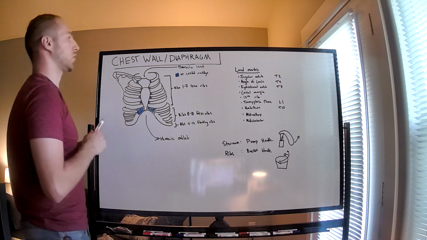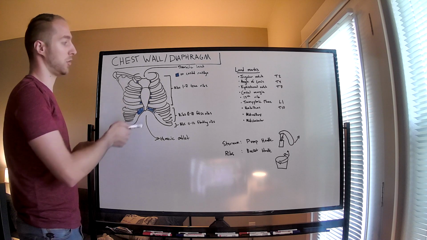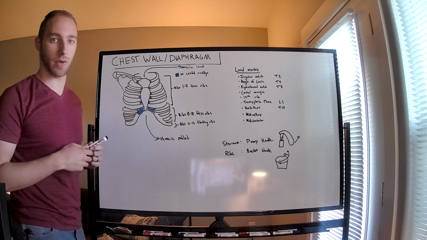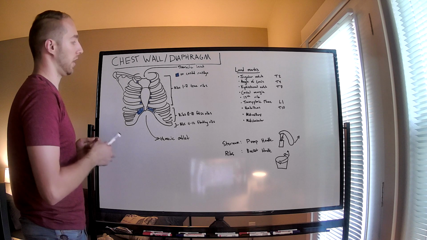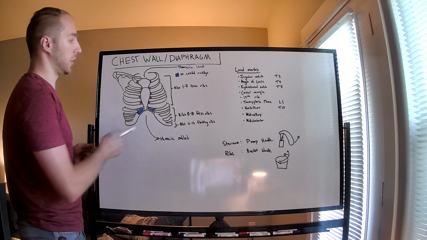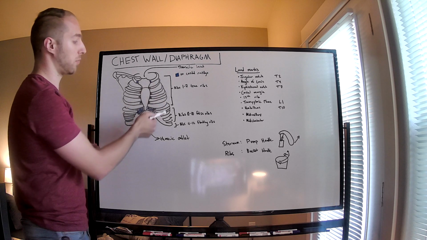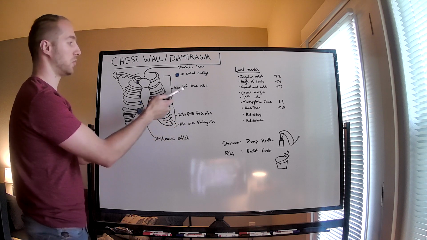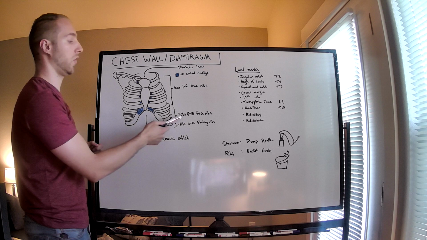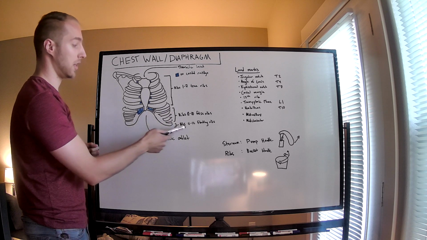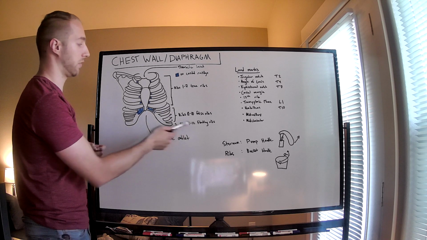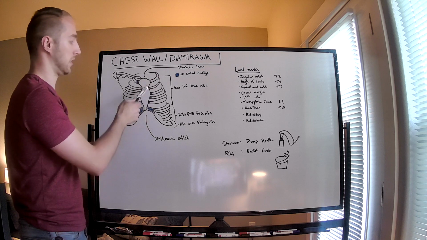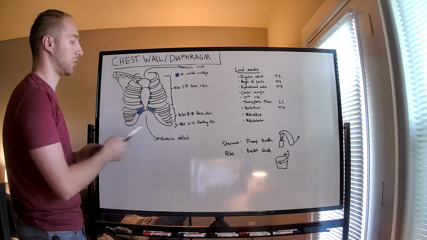Let's talk about the chest wall and the diaphragm. I'll go ahead and draw in the rib cage here so that we can discuss the specific features. It should be noted that the ribs are broken down into true ribs, false ribs, and floating ribs. Ribs 1 to 7 are the true ribs, ribs 8 to 10 are the false ribs, and ribs 11 and 12 are floating ribs. These are true ribs because they attach to the manubrium and the sternum, and the false